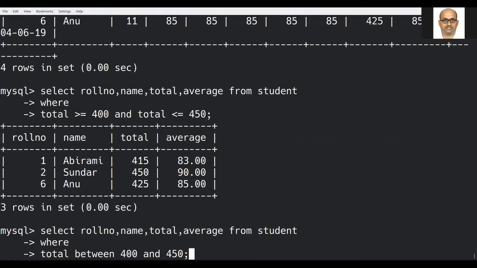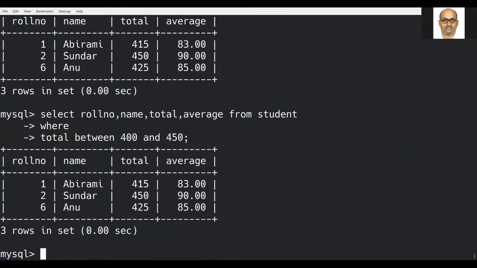Both will yield the same. The previous command as well as this command will yield the same result. Here also the upper limit is 450 and the lower limit is 400. So again you have the same answer as the result.